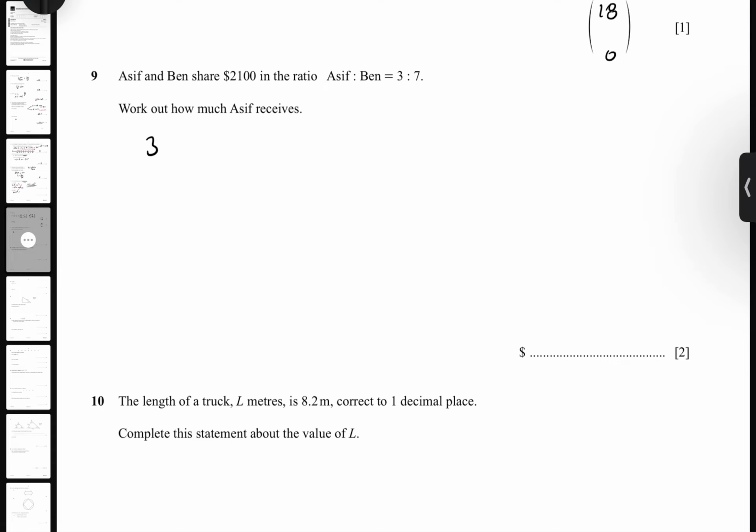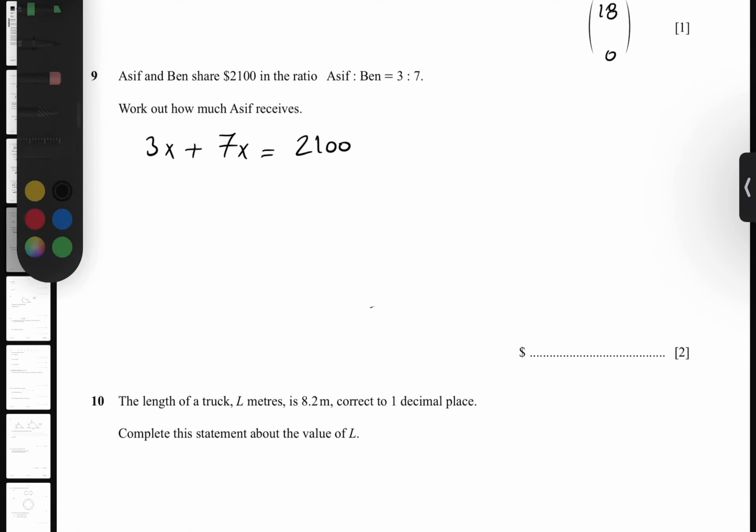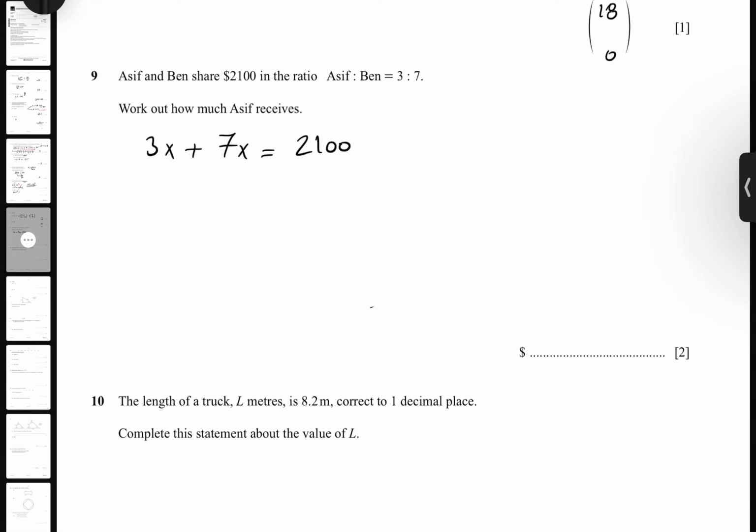Essentially, they're saying that Asif received 3 times the amount, 3 times X, whatever the amount is, which is below 2,100, while Ben received 7 times the amount. And in addition, so basically in these two, if you add them up, you get $2,100. So you basically came up with a formula for the amount of money they each have. So in total, they have 10x, which is 2,100, and x is simply